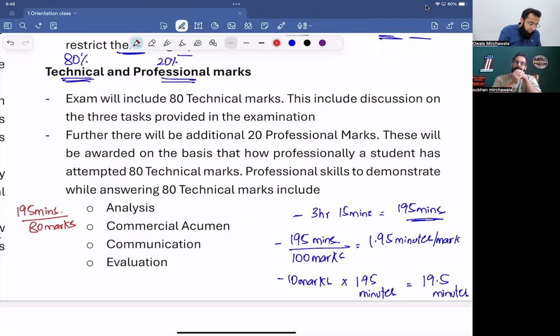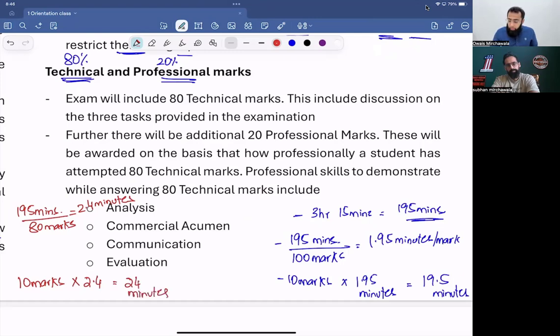Same time, 195 minutes. So 195 minutes divided by 80 marks is 2.4 minutes per mark. So for the same 10 marks question, at 2.4 minutes per mark, you have 24 minutes. Now listen to me. Instead of 19 minutes, he is giving you 24 minutes. But what he is saying to you